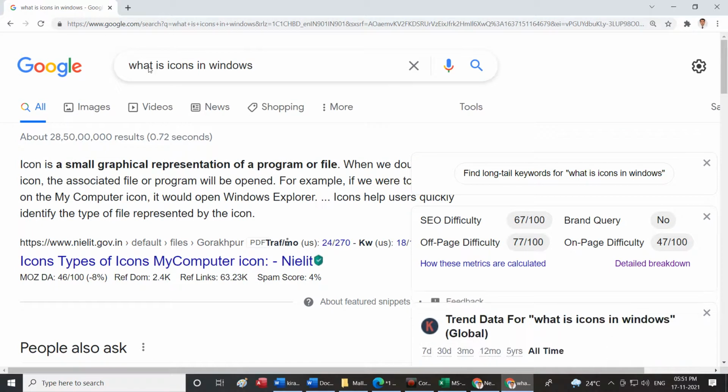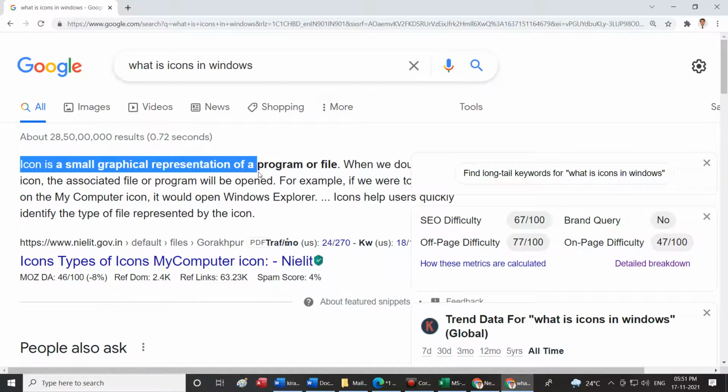An icon is a small graphical representation of a program or a file or a folder or a shortcut. Program or file or folder or application. Program means he is calling it an application.